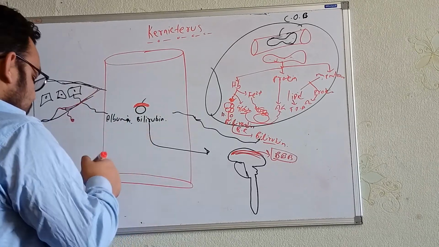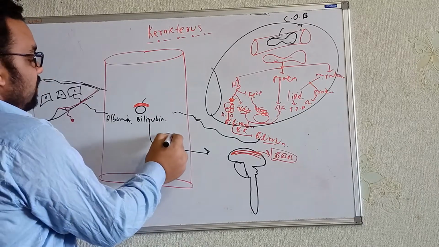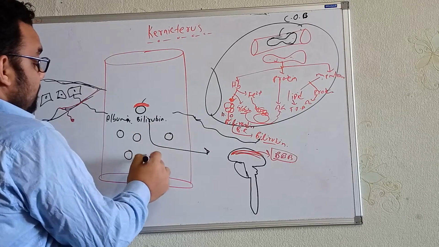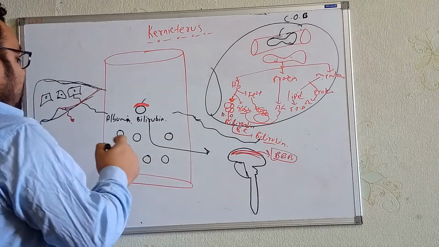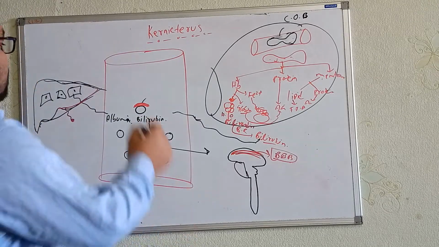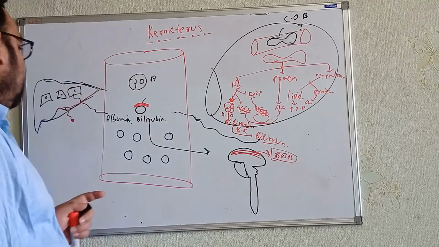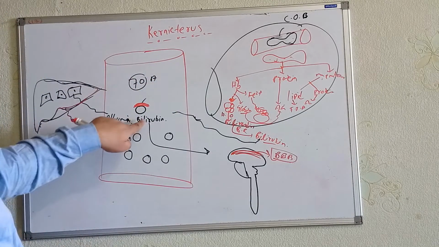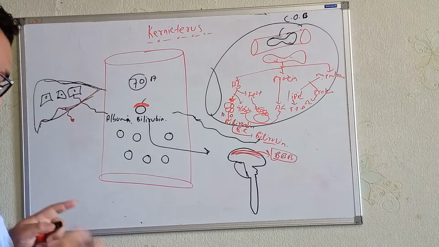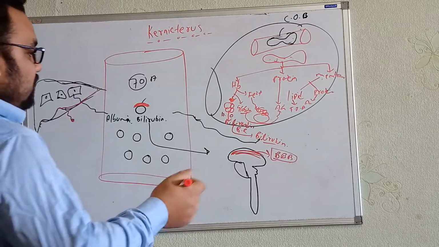So there is a chance at this time that this bilirubin will be, let's suppose there are 100 bilirubin molecules. Out of 100 bilirubin molecules, to maintain the 100, the liver has produced only, let's suppose, 70 albumins. Now the rest 30 bilirubin will not get bound with the albumin. So there is a chance for them to get into the blood-brain barrier.